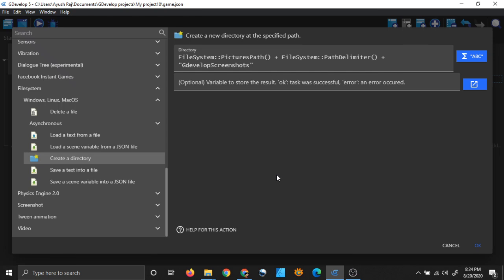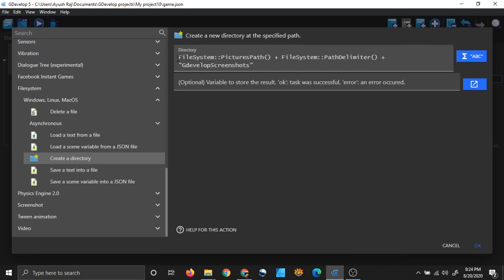It will not work for Android and iOS, so keep that in mind. This function returns the default pictures path of your system. What is this? File system colon colon path delimiter function. This is simply the path delimiter. You know, the slash which you see in your computer path, that slash is given by this.